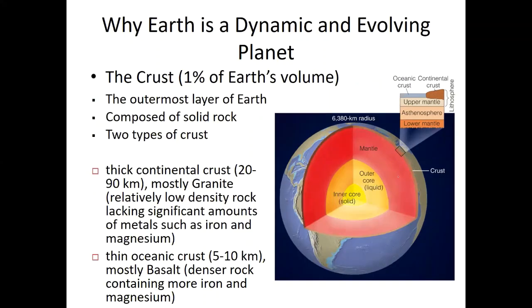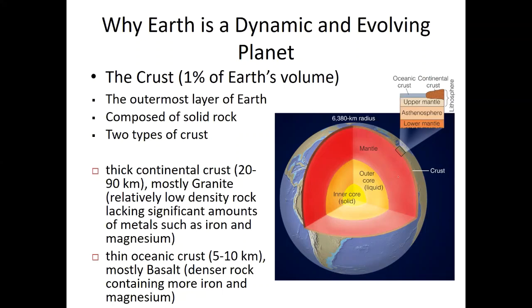And finally, we have the crust, which is only 1% of Earth's volume. It's the outermost chemical layer, composed of solid rock, and it's metal-poor rock. So it's rock, just like the mantle, but there's much less metal in it, which makes it less dense. And there's two types of crust. There's a thick continental crust that ranges between 20 and 90 kilometers in thickness, mostly composed of a rock called granite, which is a relatively low density rock because it doesn't have a lot of metals such as iron and